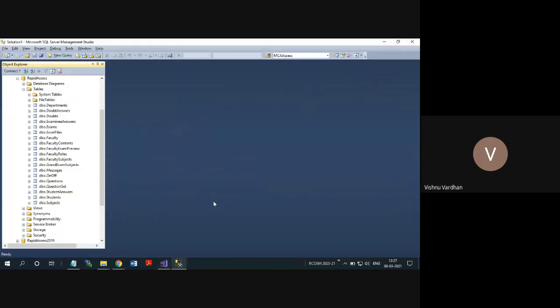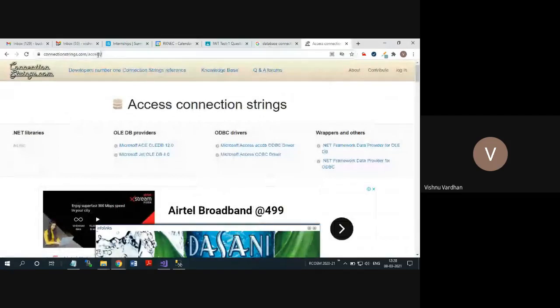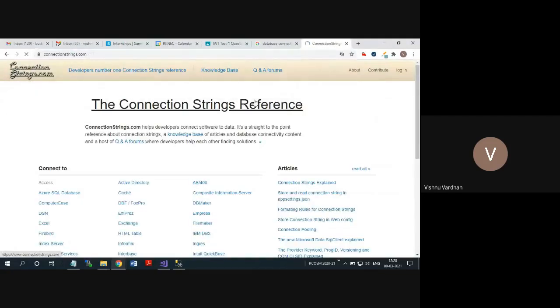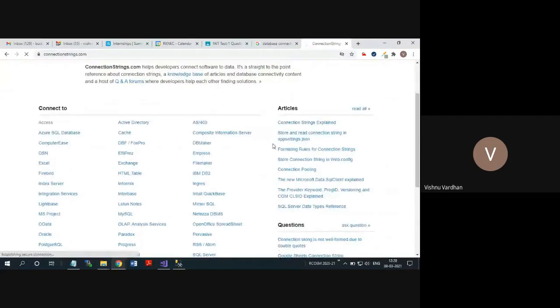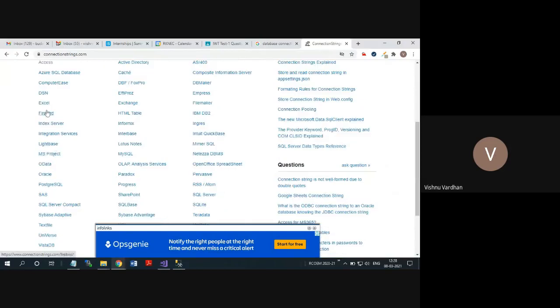You may have a doubt: from where can I get all these connection strings? There is a specific website, connectionstrings.com. It is not required for everybody, but you can see all the databases, whether Access, DSN, Excel, Lightbase, MySQL, IBM DB2.